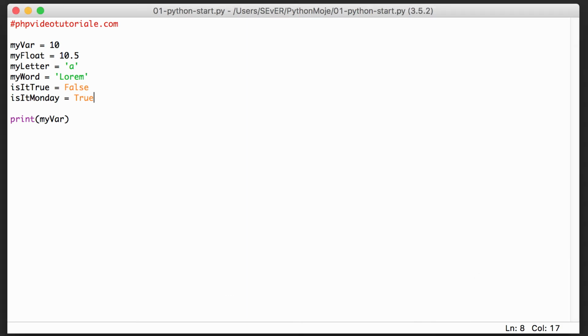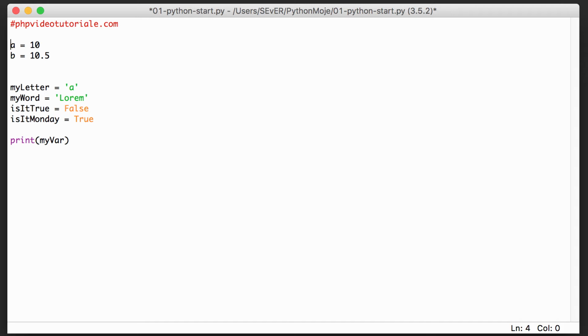Have a try. Just create some variables. You don't need to use the word my, but don't use the word var as well. So, for example, A is gonna be 10, B is gonna equal 10.5, but I can do that in a different way. I'm gonna comment that out. So that's the command.